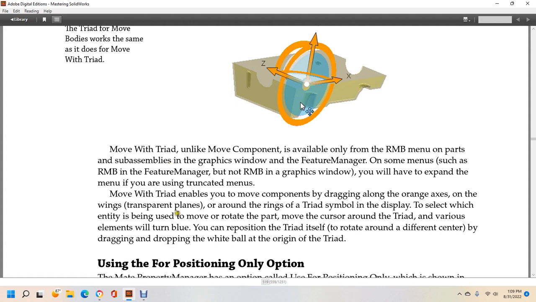Move triad enables you to move the component by dragging along with the axis, or only on the planes. Transparent planes around wings and triad symbols in this display select the entity being used to rotate the part. Move the cursor around the triad, and various elements turn blue. This repositions the triad and rotates around a different center by dragging and dropping the white ball at the origin of